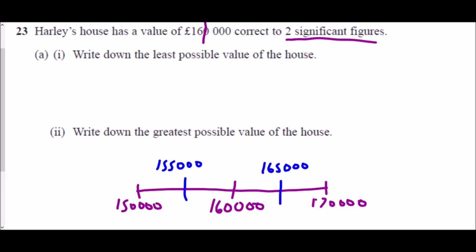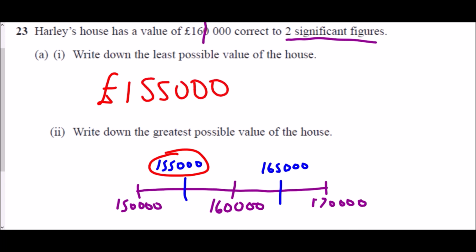And so the first question is the least possible value. Well, the least possible value is this one right here. It is £155,000. The greatest possible value. Now, an acceptable answer here is this one, £165,000, and that is because when we are dealing with upper and lower bounds, generally we just use the most